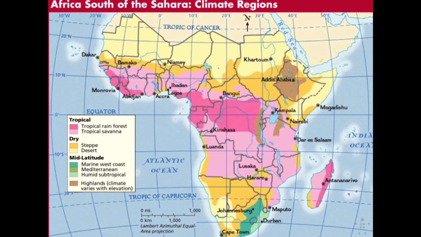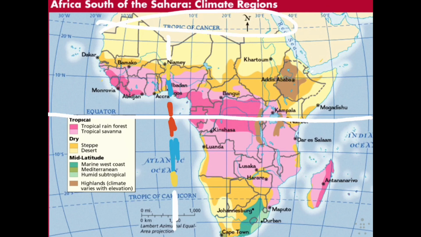But Africa, sub-Saharan Africa more specifically, is like a mirror. It mirrors the equator. If you took this equator line just directly below and above it, even though I don't have that color, you've got tropical rainforest. Then just directly above and below that, you've got tropical savanna. And then just directly above that, you've got steppe. And then directly above that, you've got your desert. All right? So it's like a mirror. And if we were to extend this mirror through northern Africa, it would keep going.